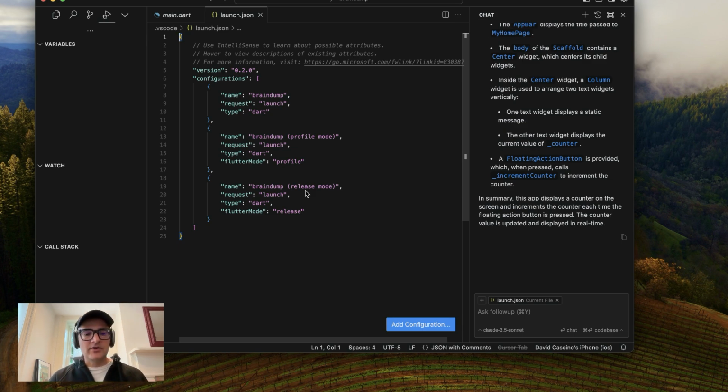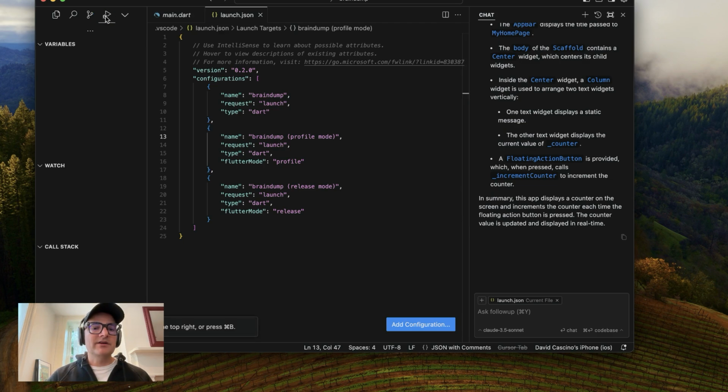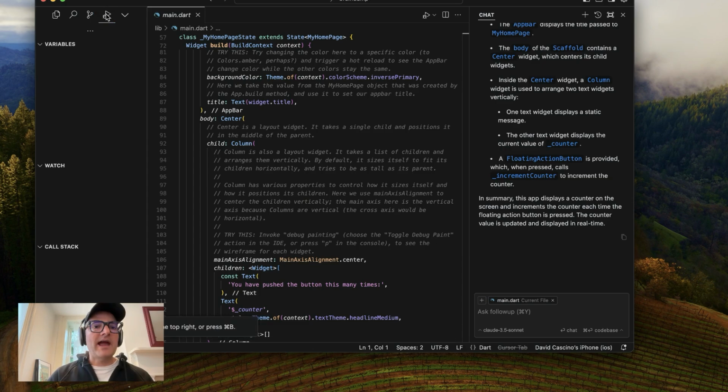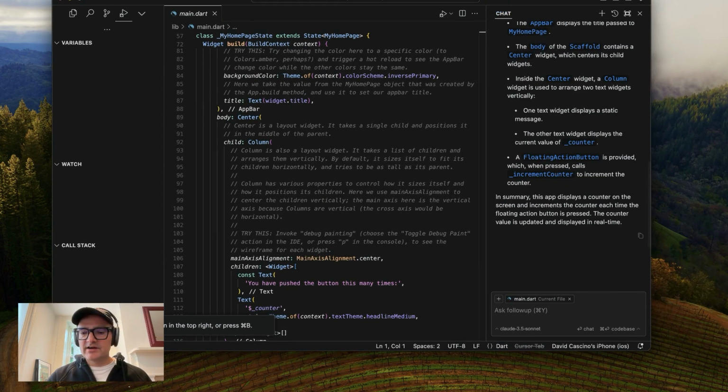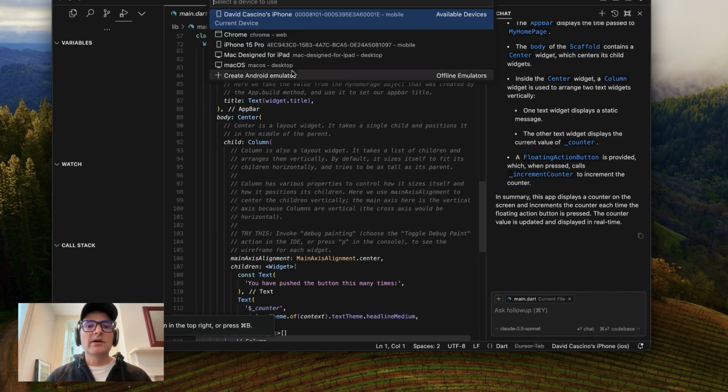So it's cool. Let's say you're coding for a little while and you make some progress, but you want to go to lunch or you have some other errands to do. You can take the app with you and test it while you're waiting in line at Starbucks, for example. So now that we have this launch.json, we can come over to this menu here and you should be able to run the app. It looks like it's trying to run it on my iPhone. So we're going to run it on Chrome.